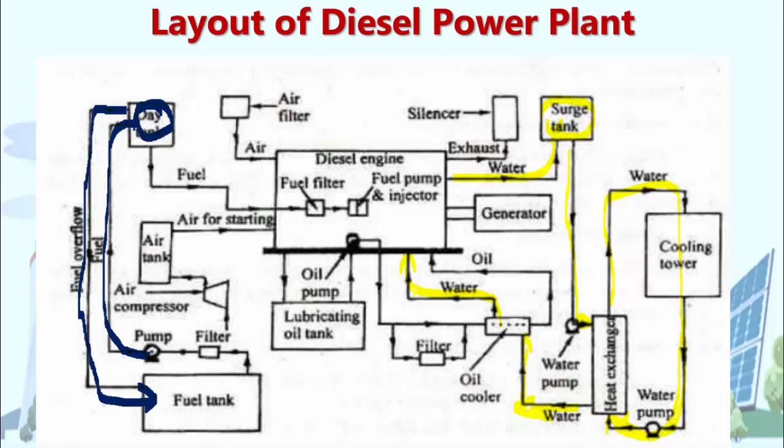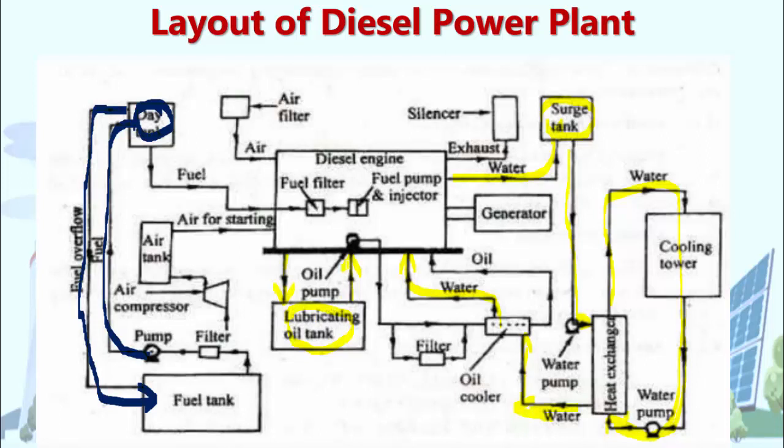Second thing, in a diesel engine there are a lot of moving parts. You know, if there are moving parts, then due to friction some amount of heat is produced. So you have to reduce the friction in order to increase the mechanical efficiency of the diesel engine. To reduce the friction, you have to supply lubricating oil. Here there is a lubricating oil tank. From this oil tank, lubricating oil is supplied into the diesel engine, and here the lubricating oil comes back to the lubricating oil tank again, right?